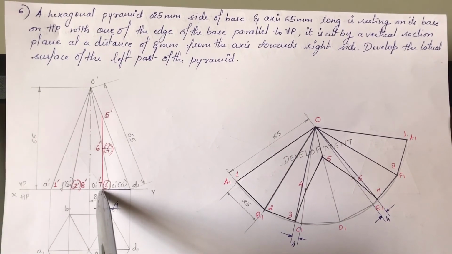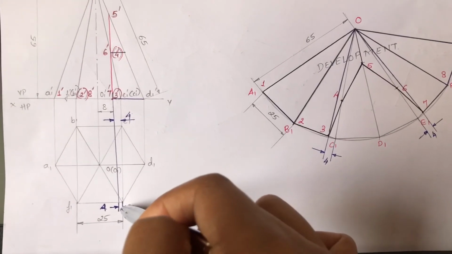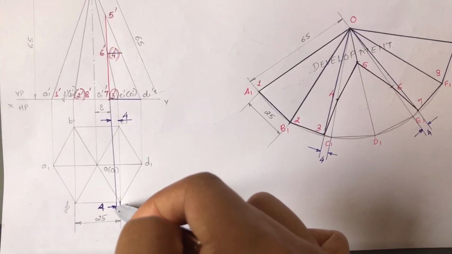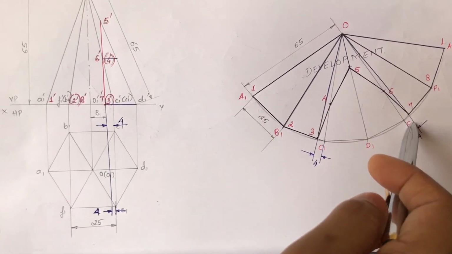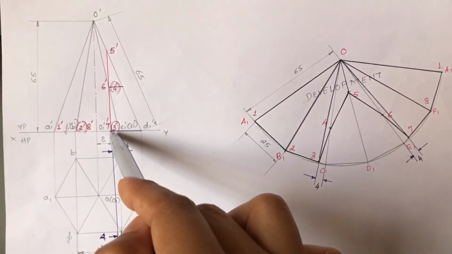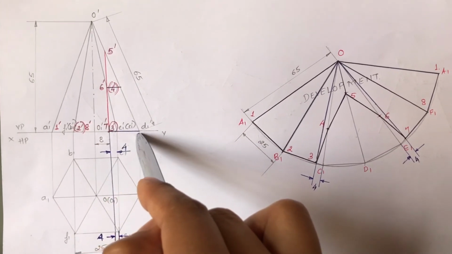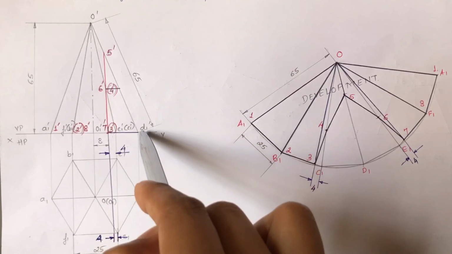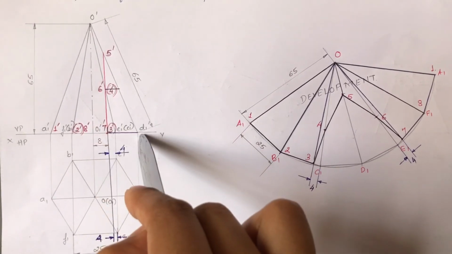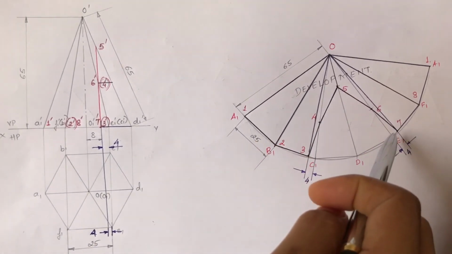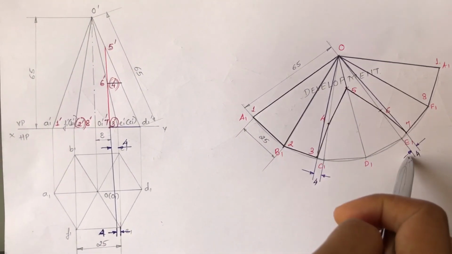Then where is 7? 7 is in between E to F, on an imaginary edge which is 4 mm away from E. You have already drawn this imaginary line, but what should be the distance? You cannot take O to 7. You have to project it here, because all the dimensions should be in true dimension, and that's possible only when you take it on the true dimension edge. So O to 7 should be here, that you have to mark here, and then 8 and 1, and then you just have to join all of these.